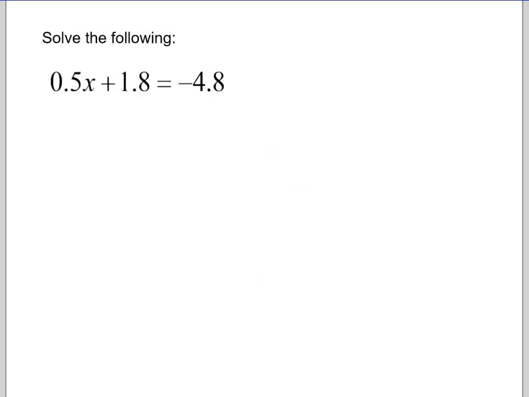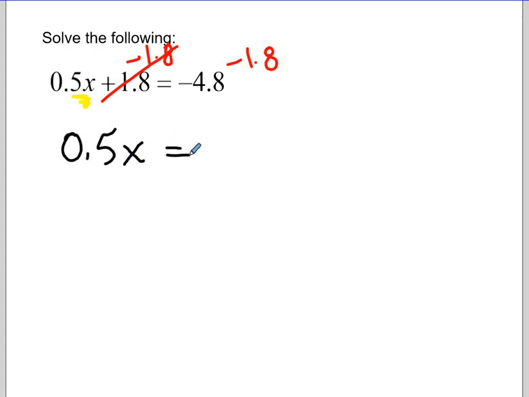Okay, we're almost done. Ooh, decimals. Okay, so let's not panic. Decimals are just numbers. All of the strategies we've been using still work. So my goal is to get this guy right here by itself. So I am going to subtract 1.8 from both sides. Okay, so those guys cancel, just like that. So now I have